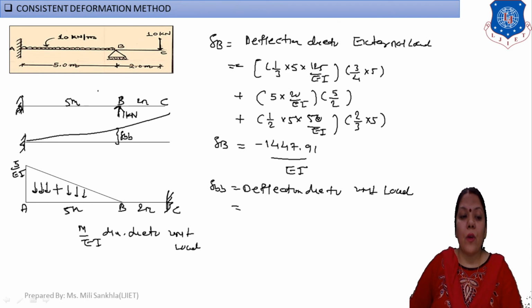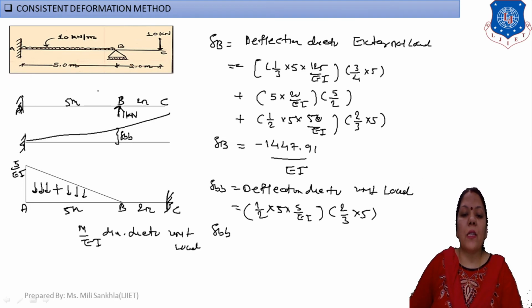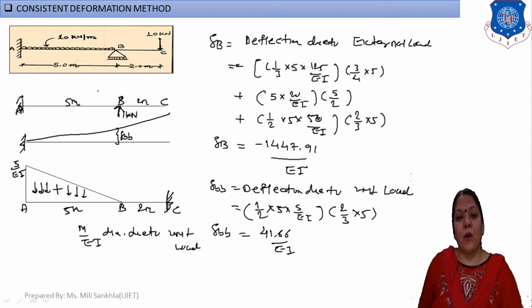Here I take the positive diagram, so 1/2 into 5 by EI, and CG from this point is 2/3 into 5, and my answer for this del BB is equal to 41.66 by EI. Here, first we drew the diagrams of point load, UDL and unit load,